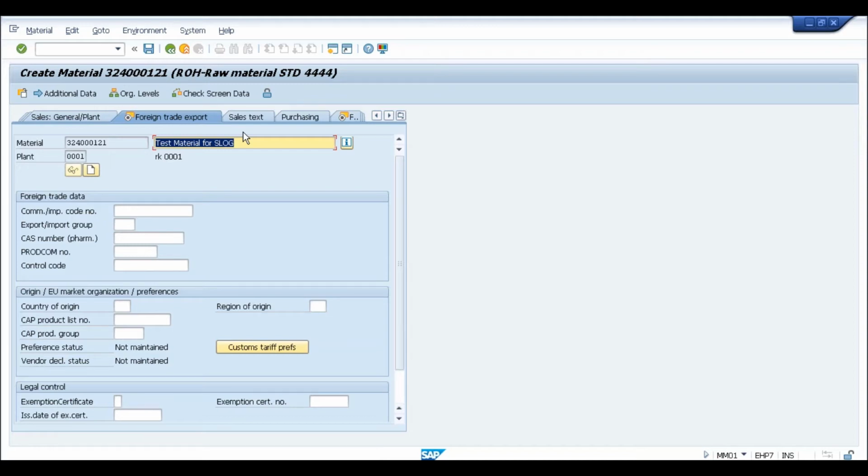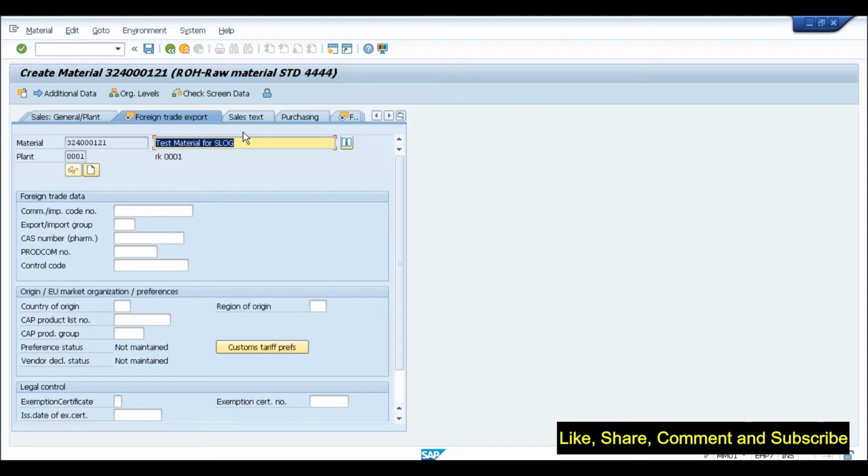Foreign trade was being used for years, but around 8 to 10 years ago, when SAP came up with GTS, most of the customers moved over. According to my experience, it may happen that some of your customers are still on foreign trade management, but because foreign trade management was not supporting all the functionalities required from the compliance point of view, most of the big companies have already migrated to GTS, Global Trade Services.